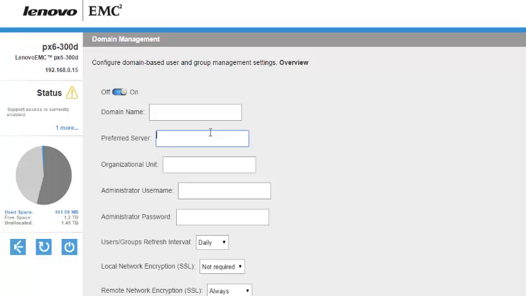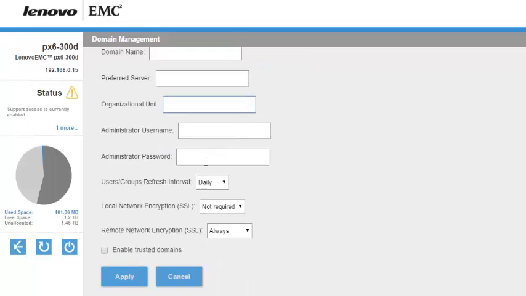yahoo.com or corp.yahoo.com. Then the preferred server is the domain name server, your Active Directory server, and it generally works with a fully qualified hostname as well. However, preferably the IP address would work, because sometimes if the DNS server doesn't function well or doesn't respond, then there would be a problem. Then the next option is organizational unit. It is an optional field which you can enter, or you can skip it. Then the administrator username and password,